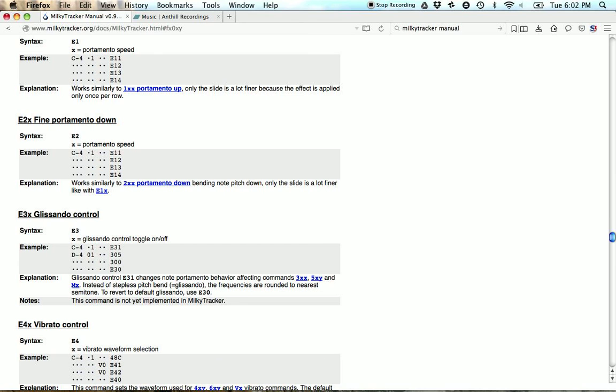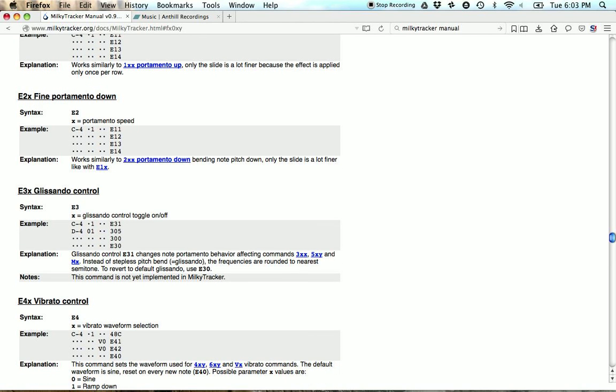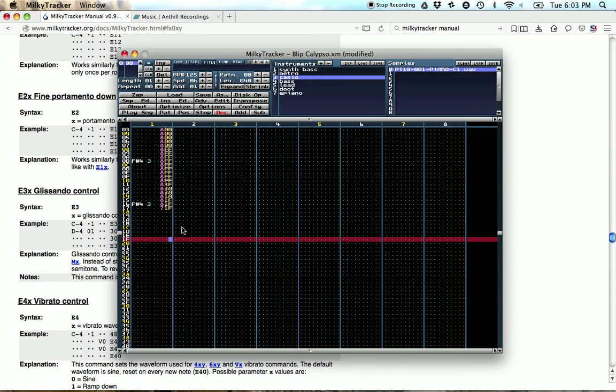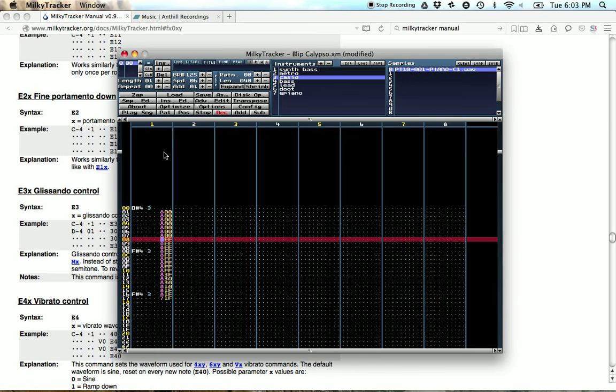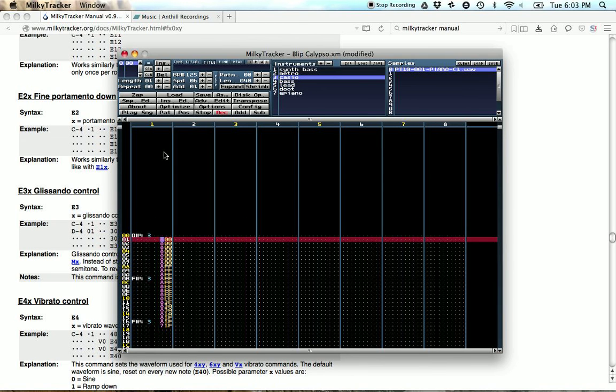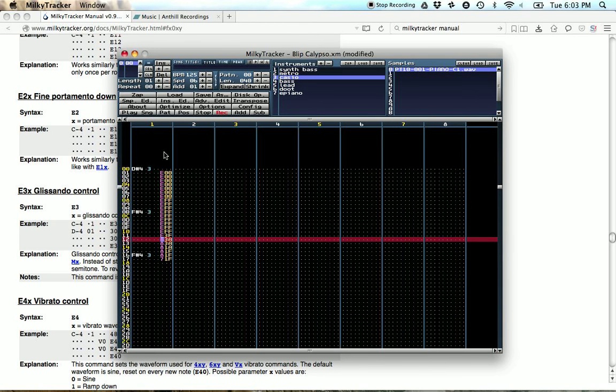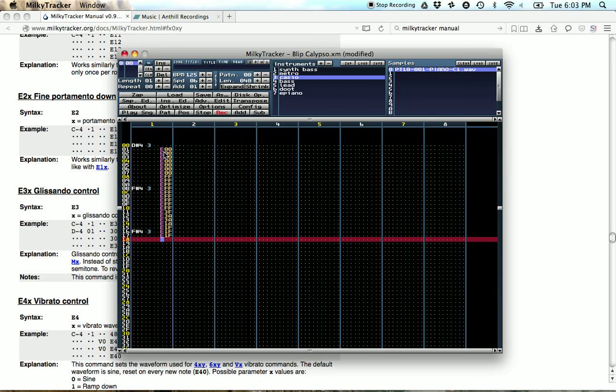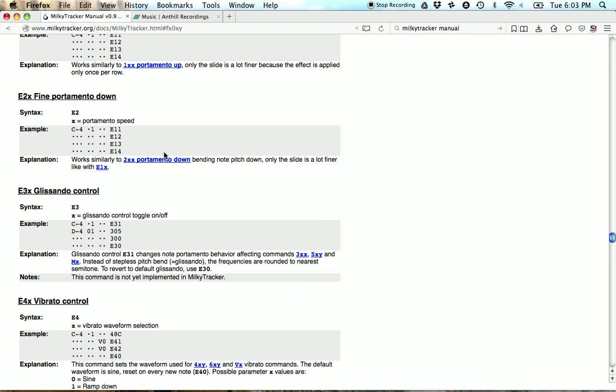Glissando, I don't know if I've ever used that in my life, and I don't even know what it sounds like, so let's just try it and see. Let's see, E. Okay. I have no idea what this is going to sound like. I don't even know what that word means. Glissando. Glissando control toggle on and off. Changes the note portamento behavior, but